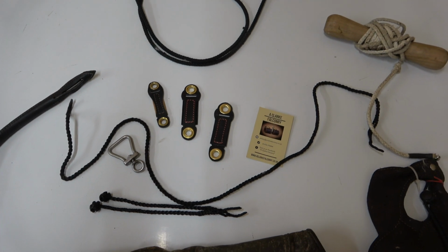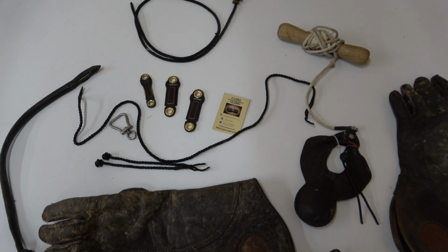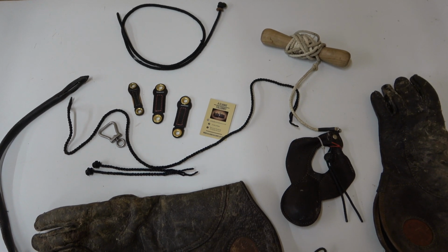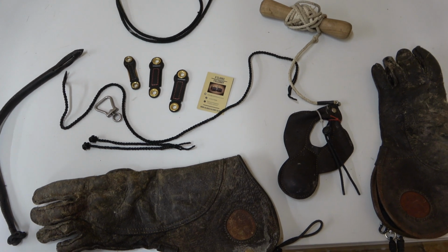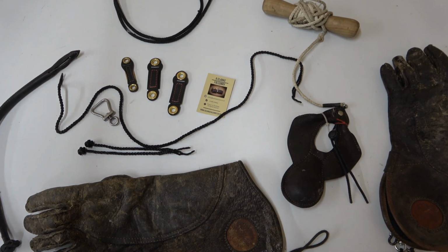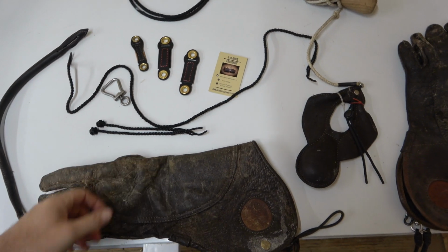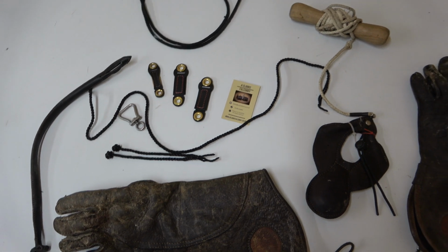Very, very dangerous. So this is what we use down here. Well, this is what I use, and I have done for years. And I can't say a bad word about it. Trust me, if I had a bad word to say, I would say it. But it is what it is. You've got good quality anklets, good quality gloves, good quality jesses that last a lifetime and make your